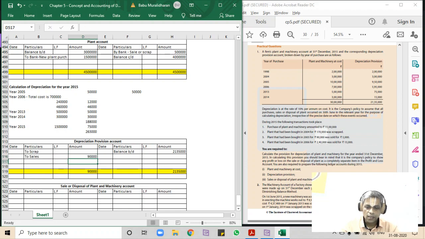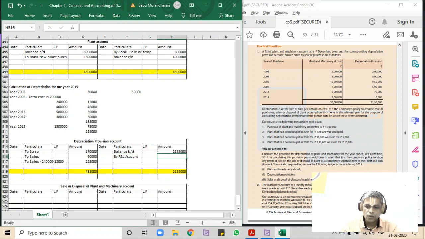90,000. The scrapped asset is 1,70,000, right? 1,70,000. And the asset that got disposed is 2,28,000. Why is it 2,28,000? Because for this asset there's a depreciation of 12,000, which is already part of the current year depreciation provision, right? 2,40,000 minus 12,000, so 2,28,000, and then current year depreciation is by P&L account.